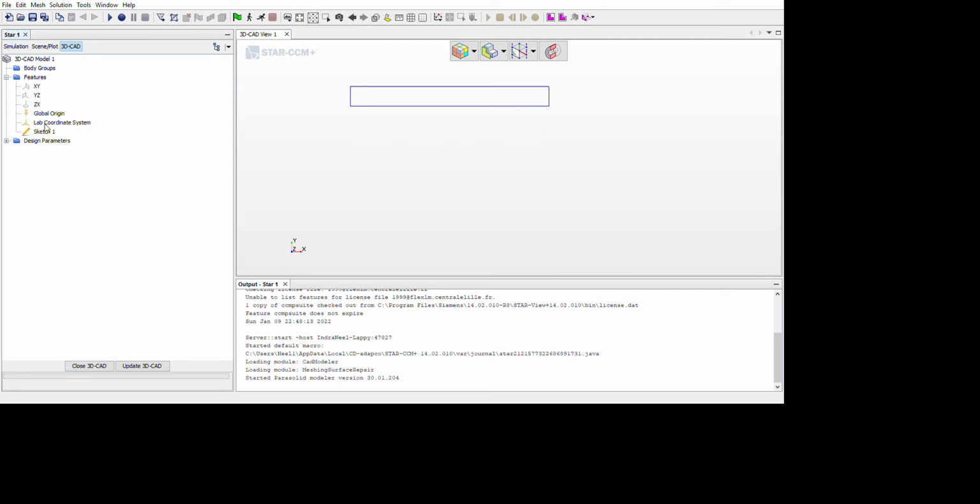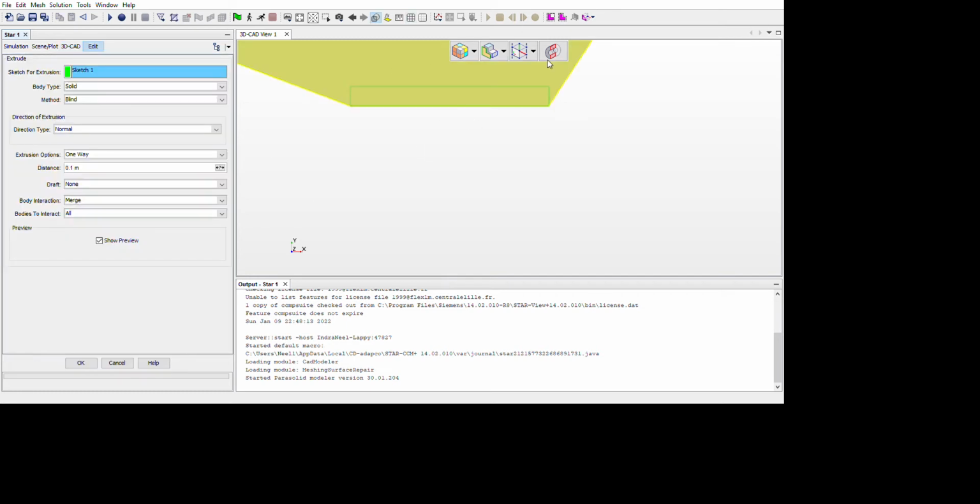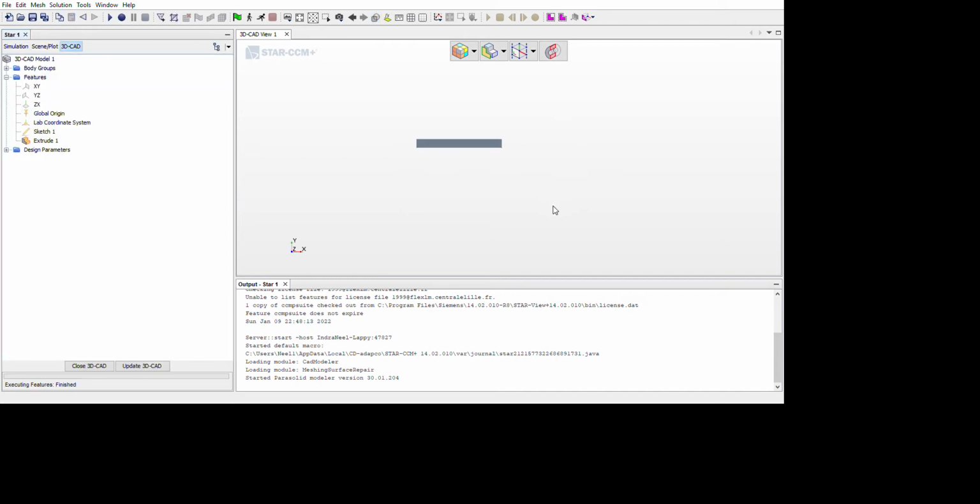So here's the 2D geometry. Now I just wanna extrude. In extrusion you can see the normal or the reverse, or you can even specify an axis and give based on that. Since it's the 2D simulation which we're gonna perform, I give it as 0.01 mm. So it is something like a flat plate which you can consider.